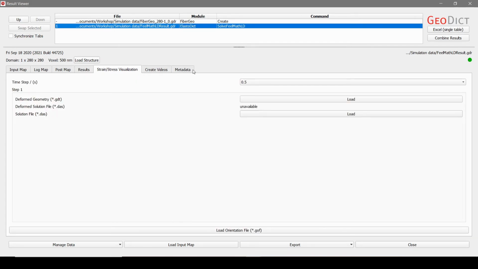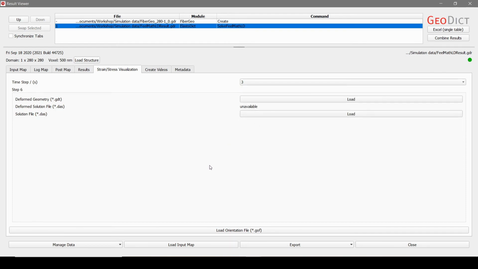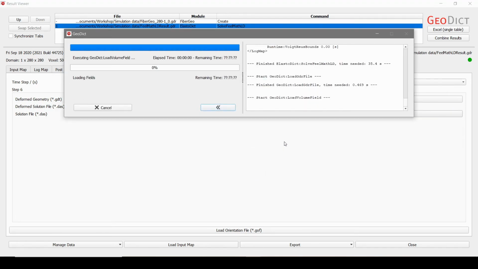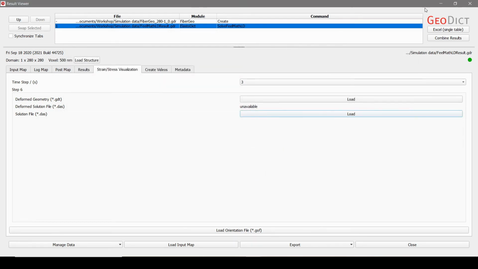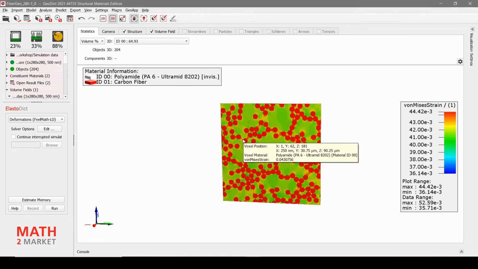We can also look at the stress strain visualization. For example, at time step 3, and then you can load the solution file. Click on load. You can look at all the different fields you want to look at, and you click OK. And load them all. Then minimize the result viewer, and here you see our result file.